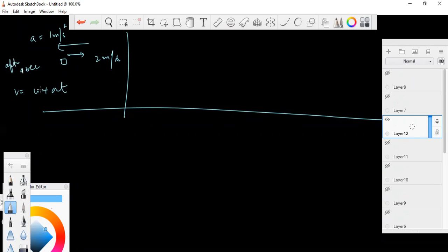So a will be negative. Wait. One person can speak at a time. Yes. So a will be negative, u will be positive. How do we say that? Can I still do this by taking a as positive? Yeah, so we have to take u as negative because that will be the correct. See, this depends on you, which direction you want to be positive. The object can move in a straight line, because we are only doing straight line motion right now. You cannot move up or down. If it is moving towards the right,